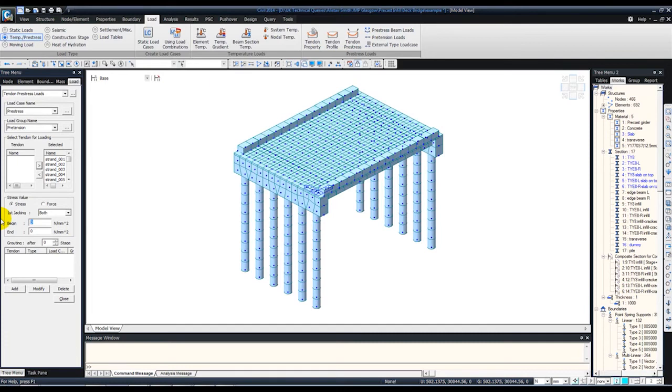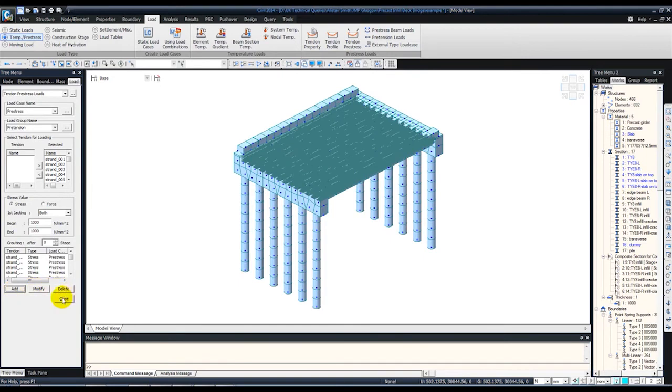Let's apply it with some reduced jacking force, because we haven't considered the early shortening or early shrinkage of concrete or creep in concrete, which may lead to further losses, because we are activating all the precast girders at an age of 28 days. So I'll just apply a reduced value of jacking force, say 1000 MPa, and click add. That's added. Close this,